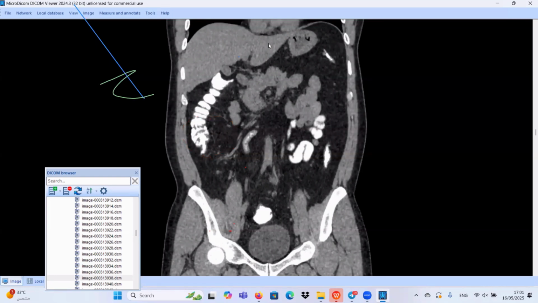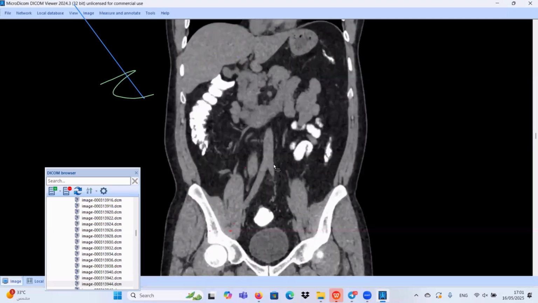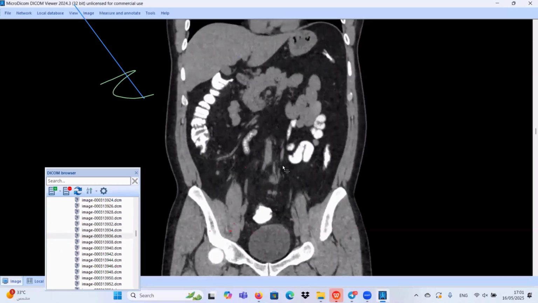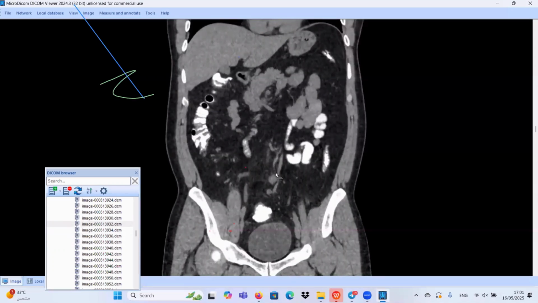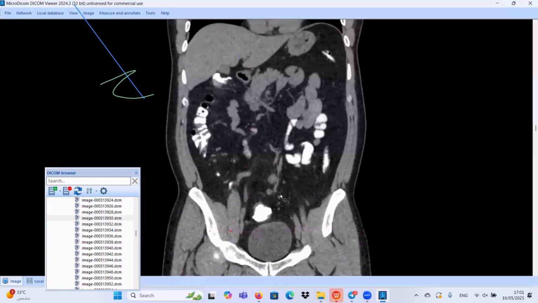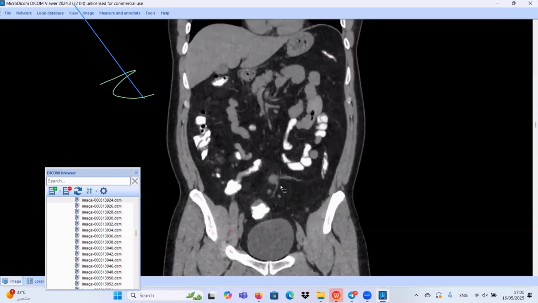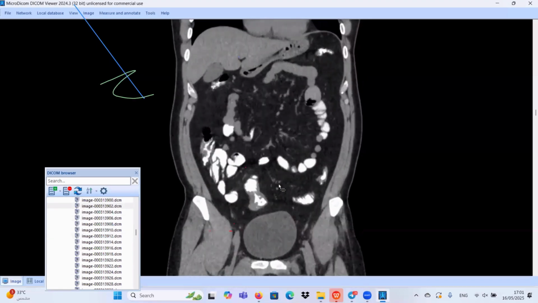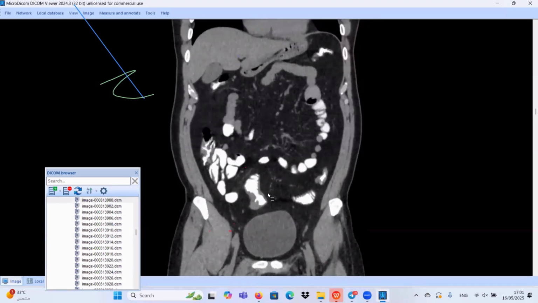This is the aorta, and this is the inferior mesenteric vessels, coming from the aorta. This is the lymph node along the inferior mesenteric vessels. This is the larger one, and this is the smaller one. So we have multiple inferior mesenteric lymphadenopathy. Once we have something like this, you should directly check